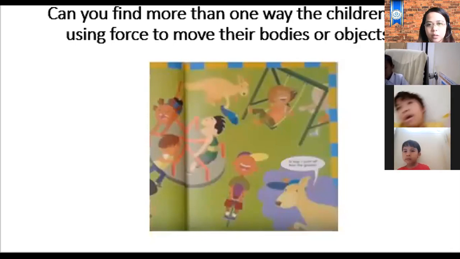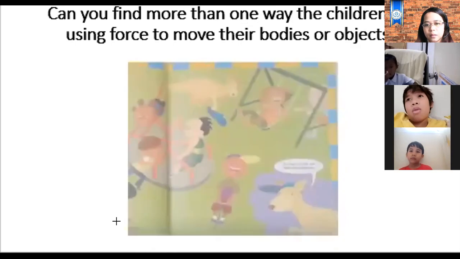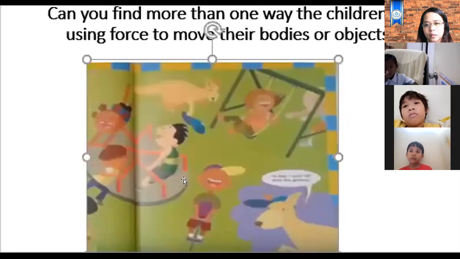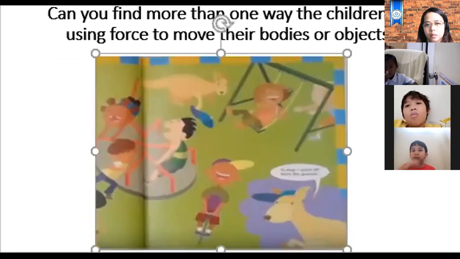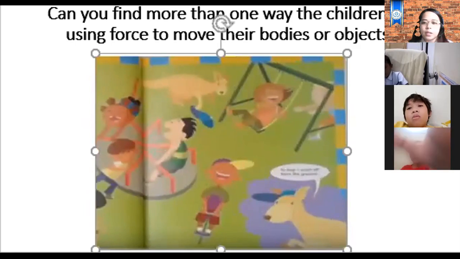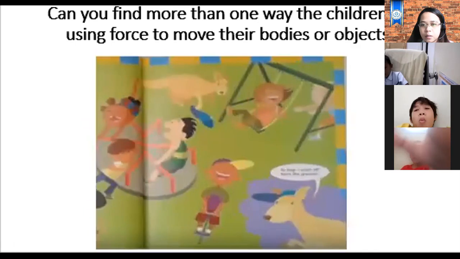Spinning, jumping, swinging, and running. Right, so what you can see here are the following movements such as